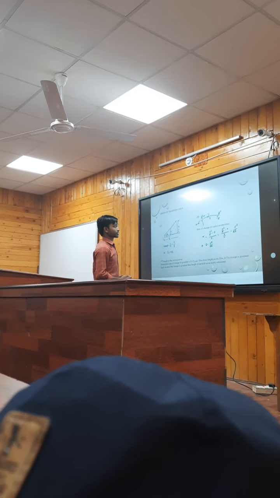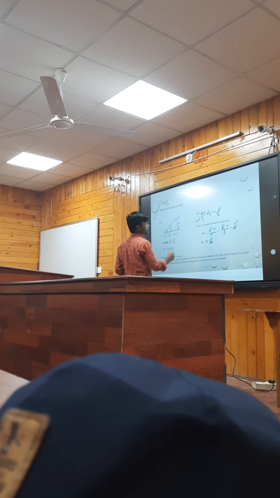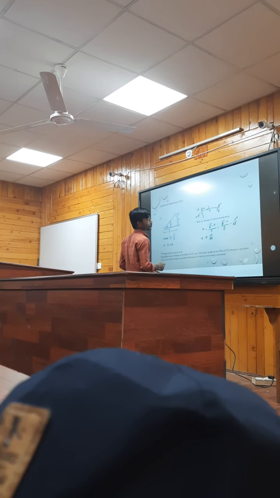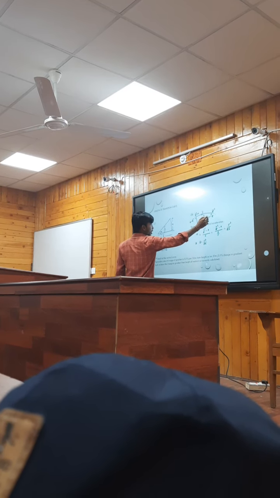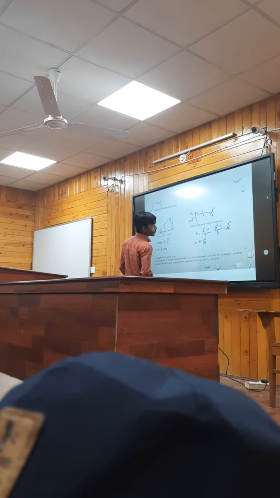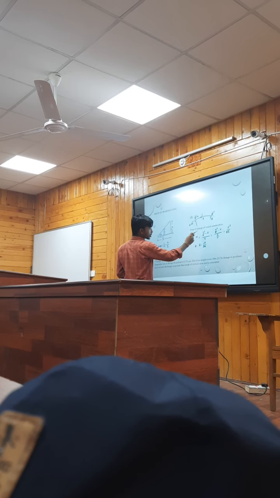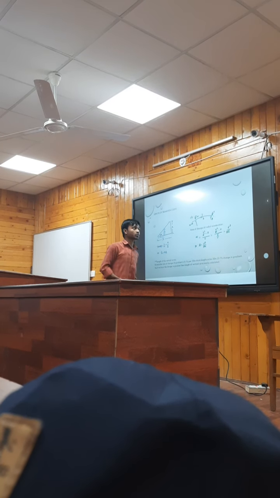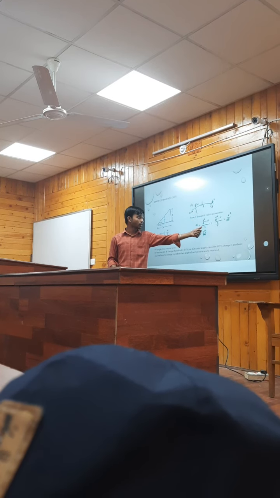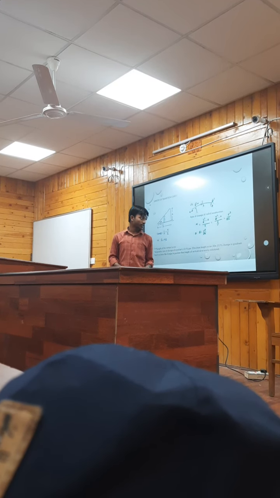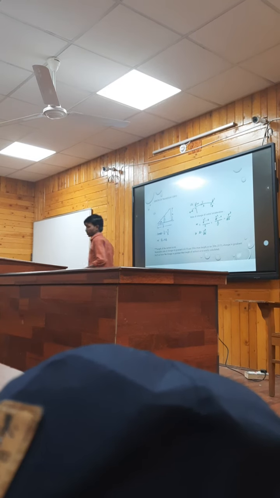Similarly, there is another definition to calculate the length of the transition curve: the rate of change of radial acceleration. Let's assume the radial acceleration is v square over r, where r is infinity. That's why this value comes out to be 0, and v square over r has some value. By using the rate of change of radial acceleration alpha, which is given by v square over r minus 0 over t, we get L is equal to v cube over r alpha.